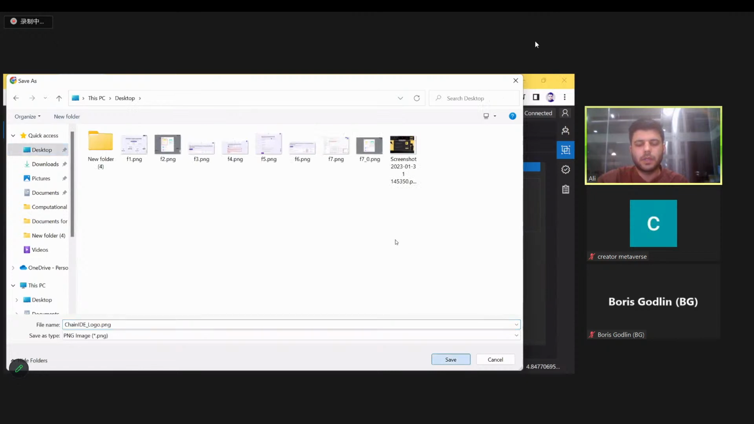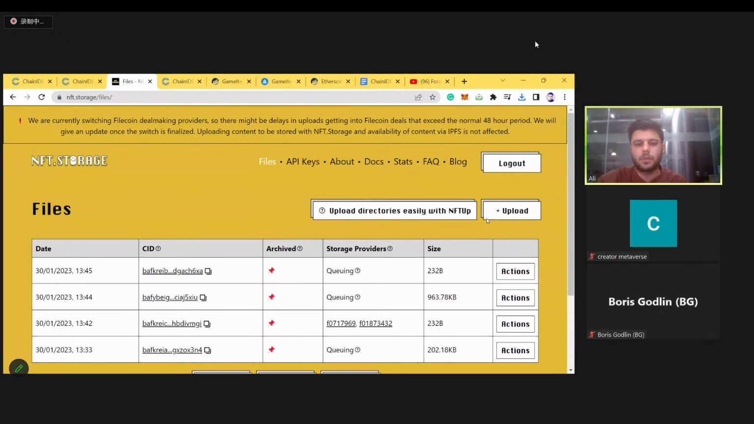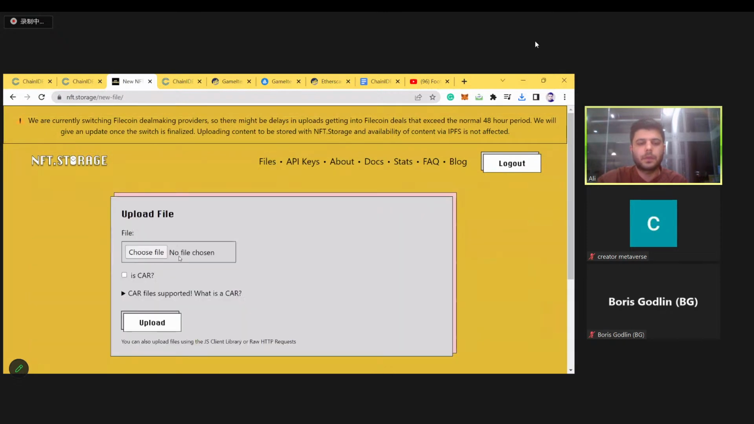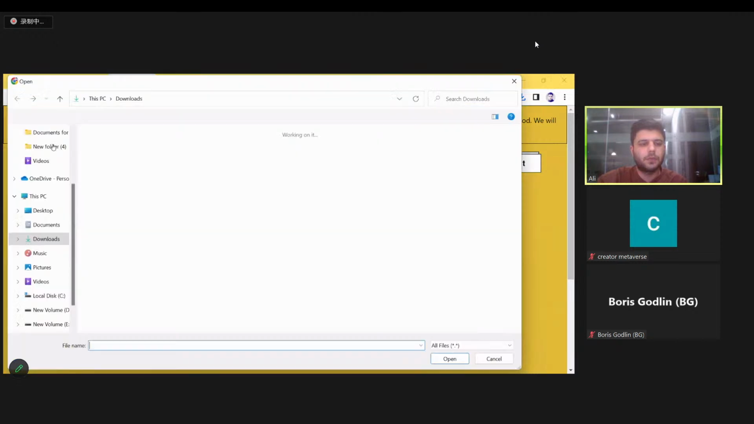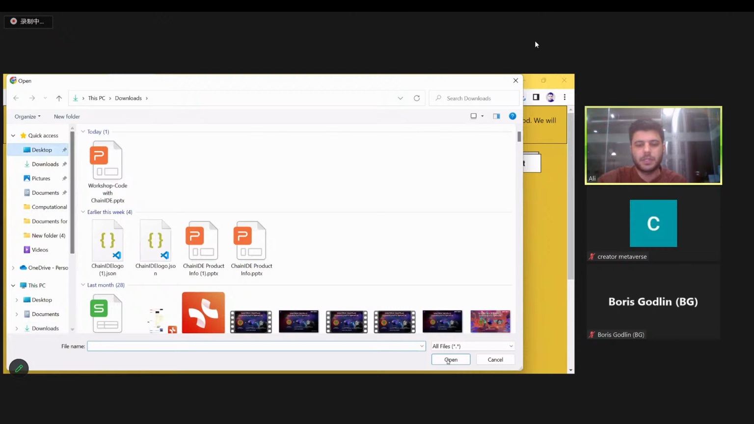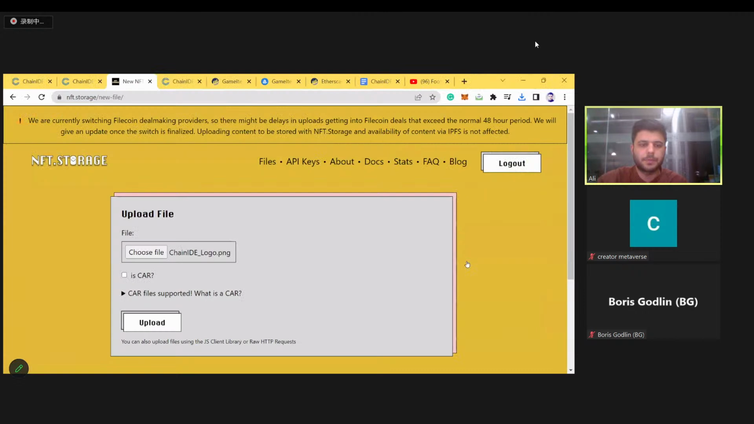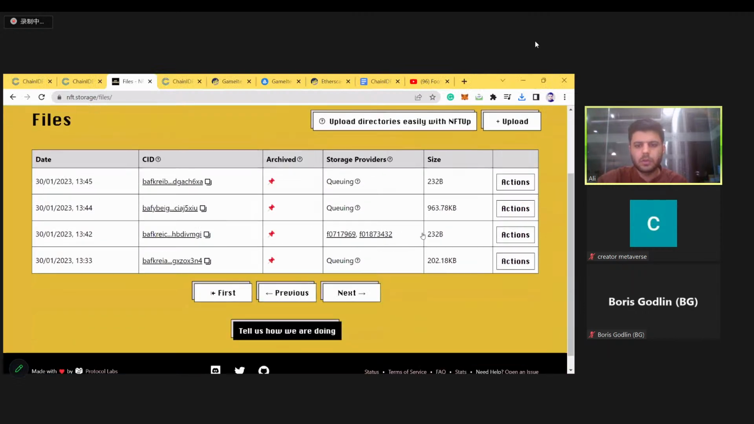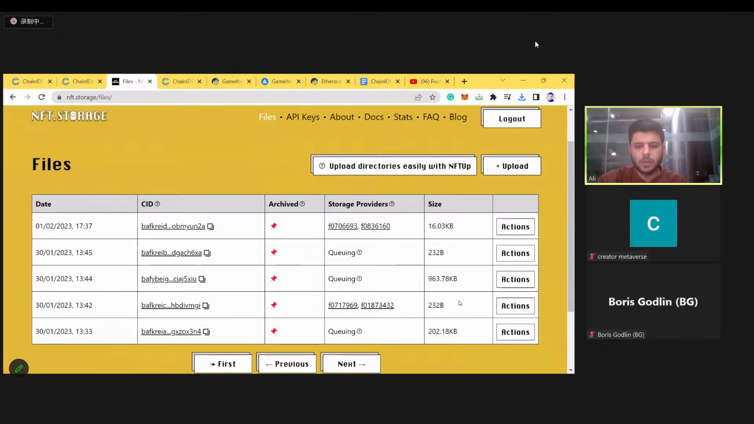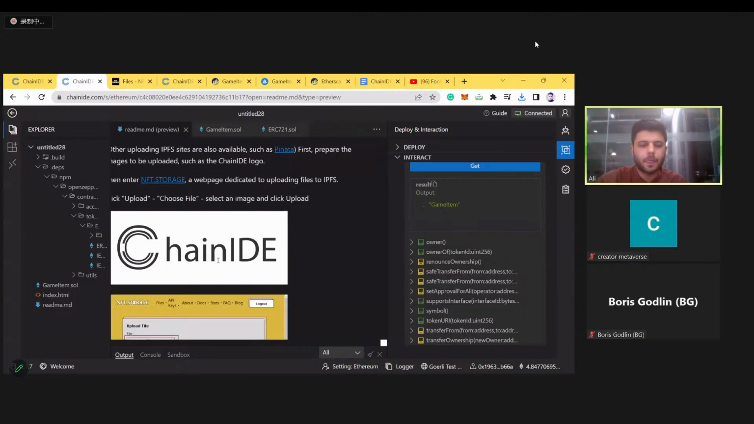So here I have already uploaded some. Here we will upload the image NFT that we want to airdrop. Here is ChainIDE, and we will upload it to the NFT.storage. So here it is uploaded. And now we will use the CID. We will go to ChainIDE and